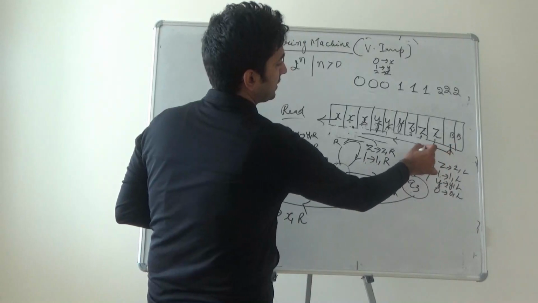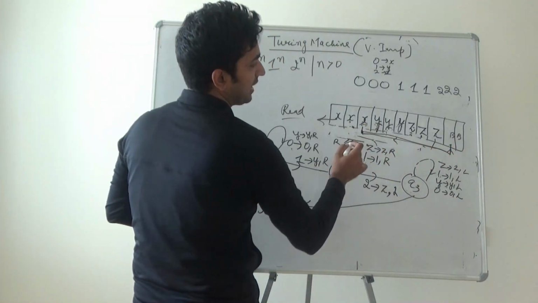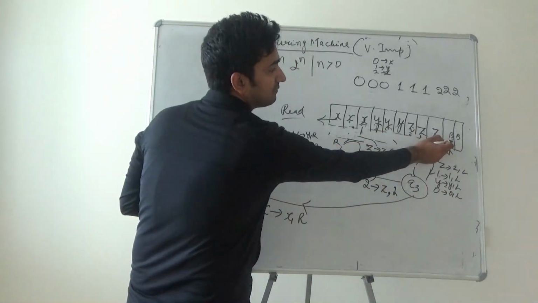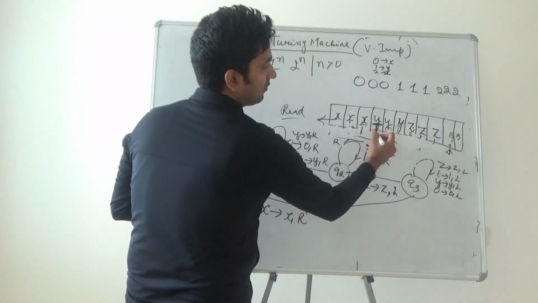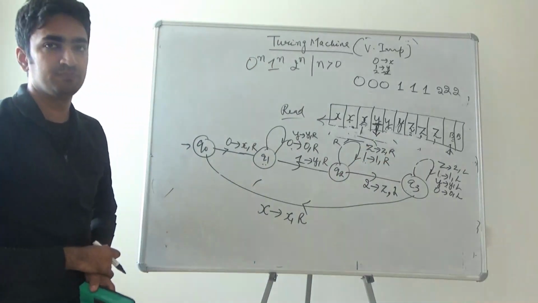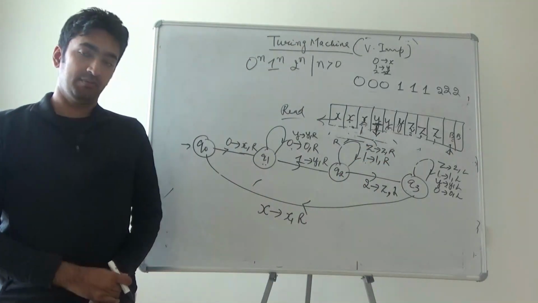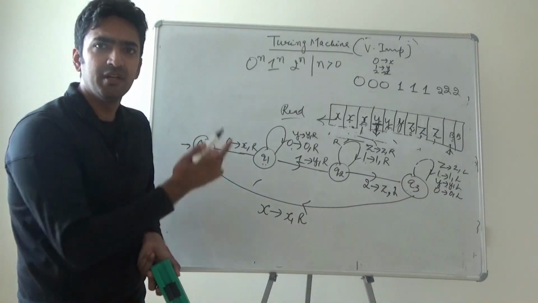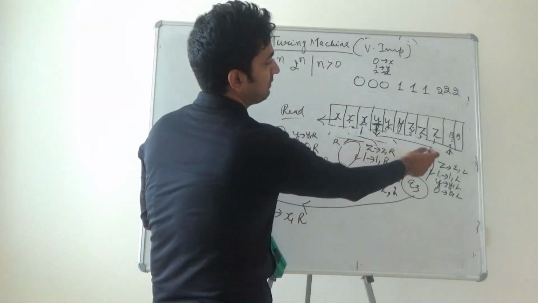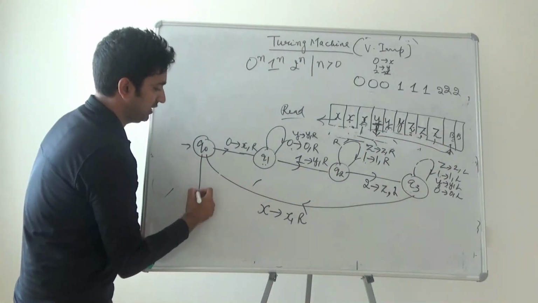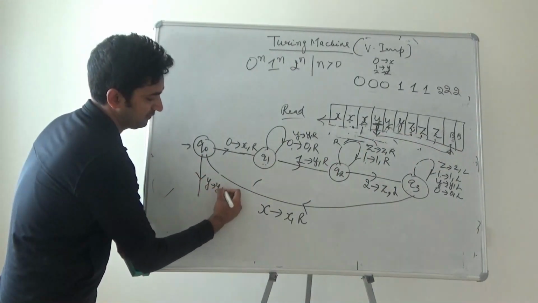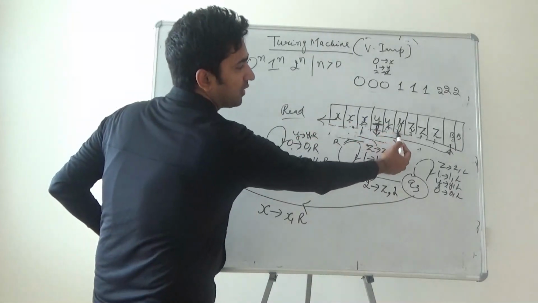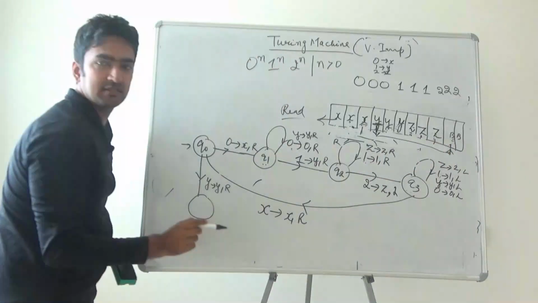Now the point is that since you have reached this x, you are moving in the right direction. What is the thing that you have to encounter? Because you have to reach this blank. This y is not going to get converted. Why? Because you have to reach this blank symbol. So you will read this y. First y is encountered. So there are 2 y's and z's to encounter to reach this blank.